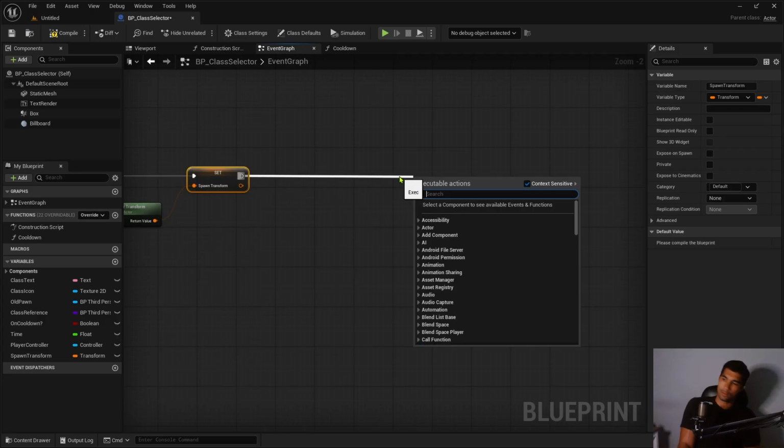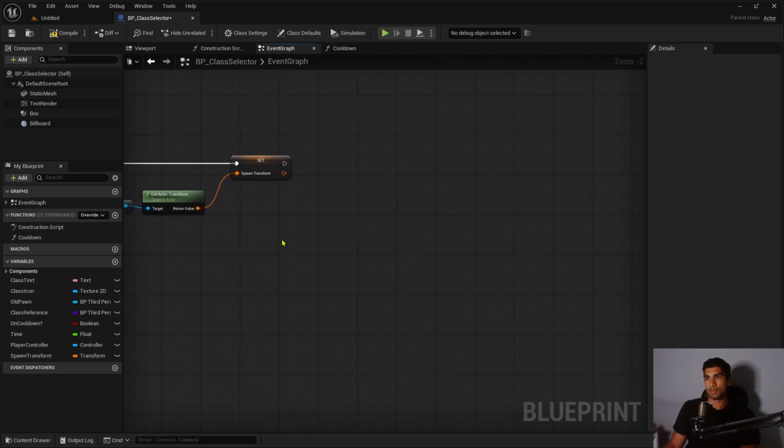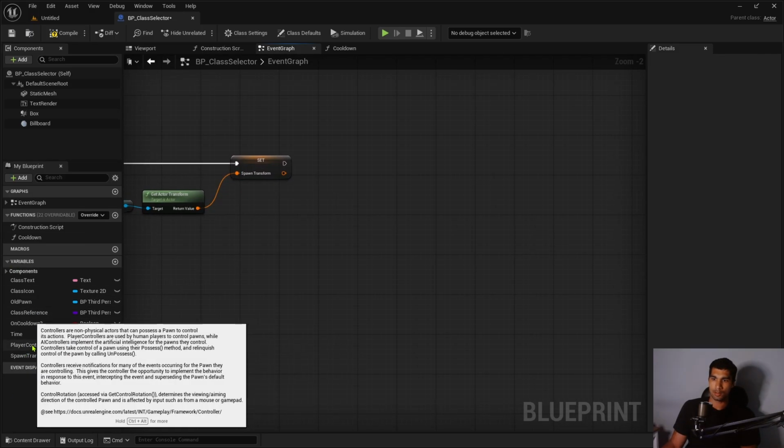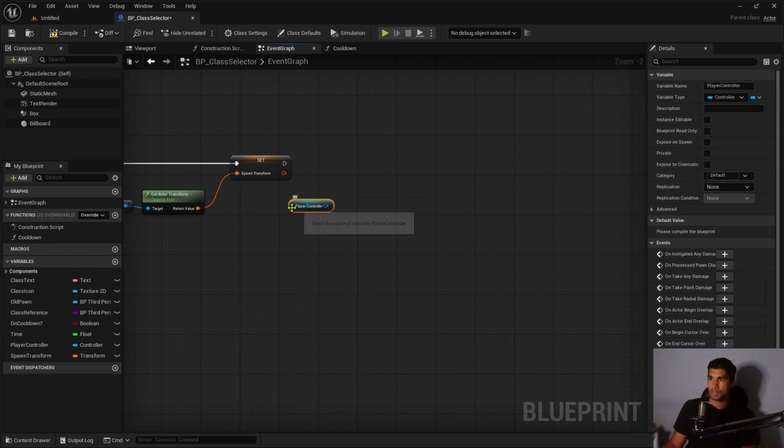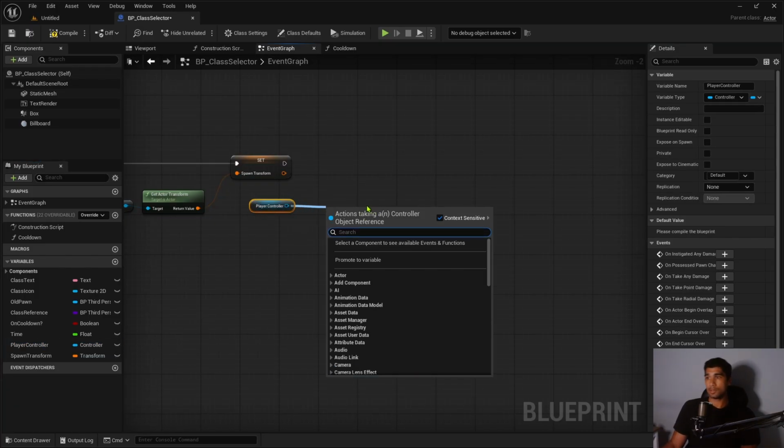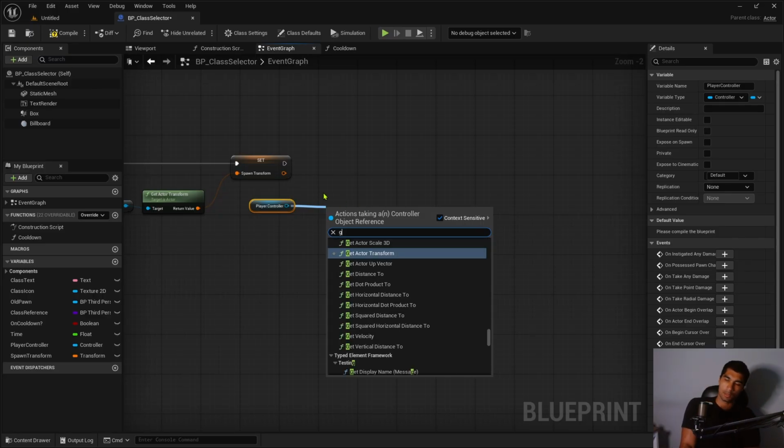And then I'm going to do the same thing again. I'm going to grab the player controller, because I want the rotation so that when you switch to the new character, it doesn't swap your camera right back to the default position. I want to continue with your current rotation that you're currently at. So get